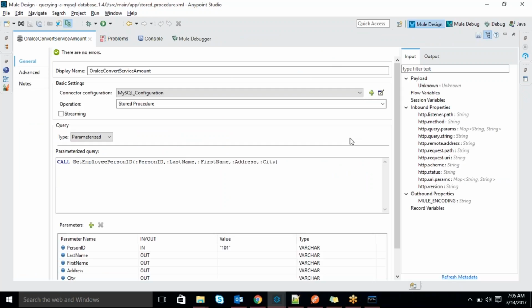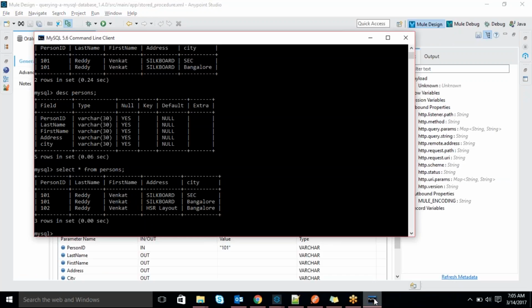See here how we use the procedure calling. First we have to create the procedure in the backend.